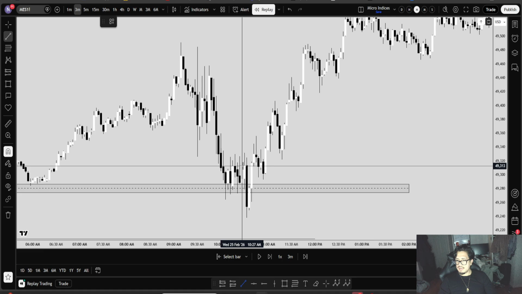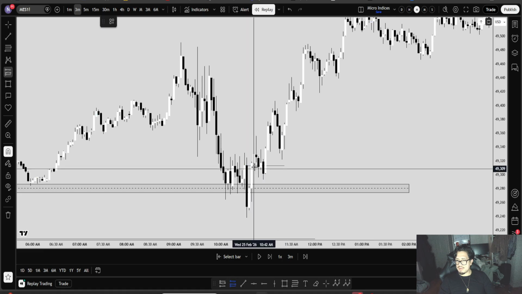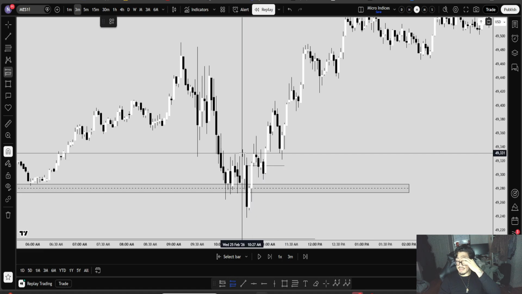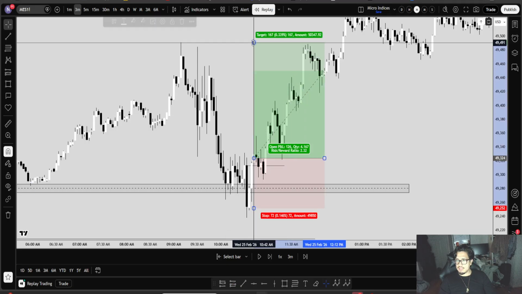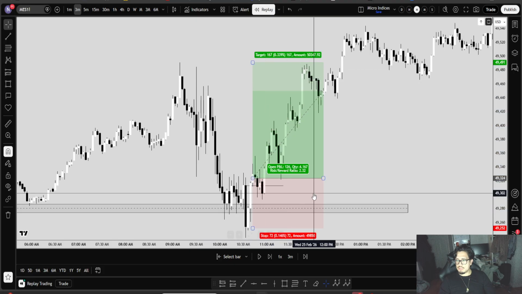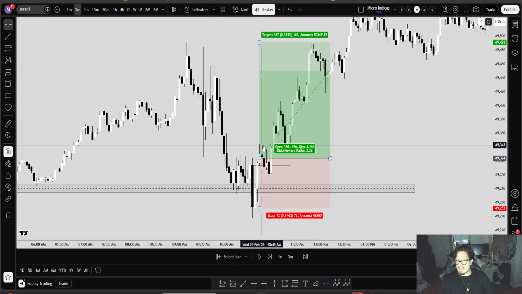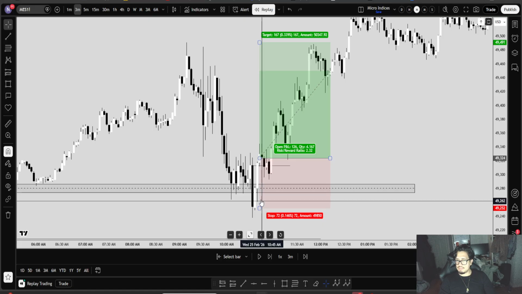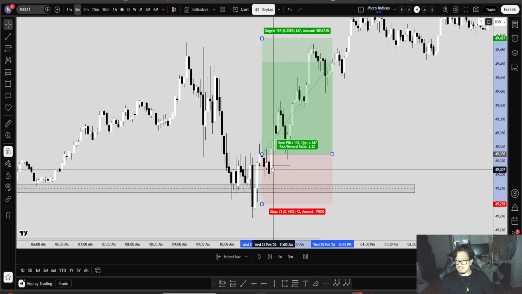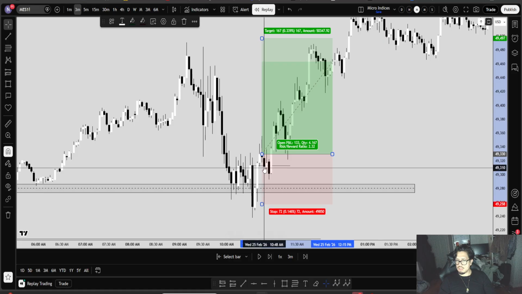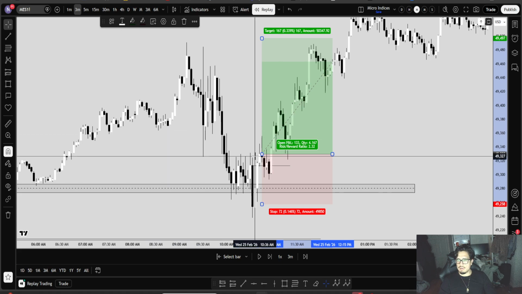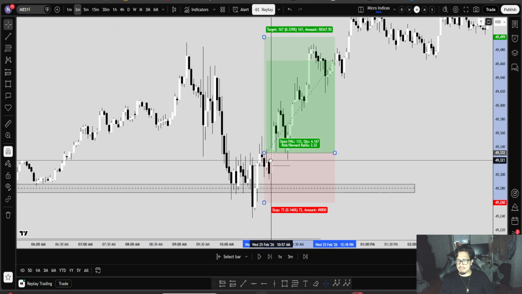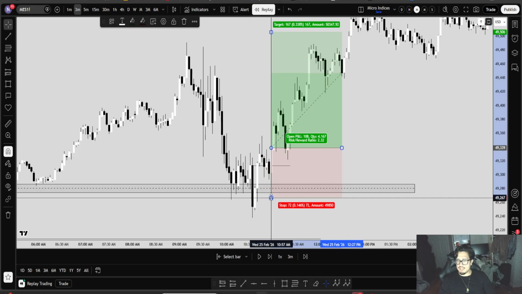So realistically, after that, I actually reversed my trade before even getting stopped out, which was right here. I actually entered right here, had my stop loss right here, and was targeting these failure swings right here. Risk to reward was good. I'm not sure what happened here. I tried moving my stop loss. Yeah, I remember I was trying to move my stop loss, but for some reason it closed the trade. I don't know if I pressed the button wrong, but it closed it, and you notice that on my Instagram post. You can see it actually closing, and then I re-entered immediately. But this would have been the ideal trade right here.